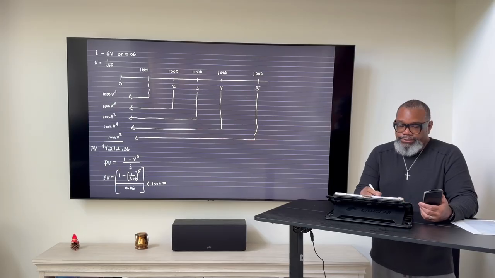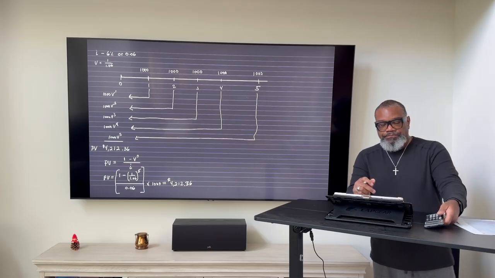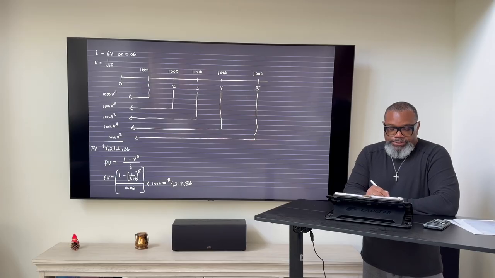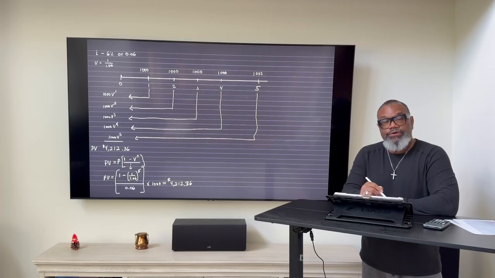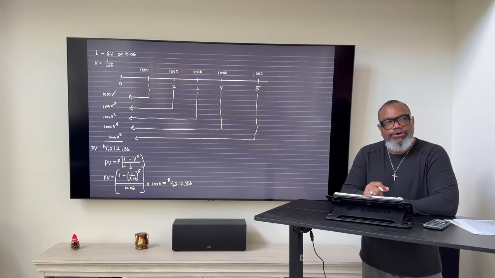And when you do that, you get the same thing. You get $4,212.36, right? And so you can see by using this formula here, if you know the payment, and you know what the annual effective interest rate is, and then you know the number of payments that you're going to receive, then you can very easily compute the present value of an ordinary immediate annuity